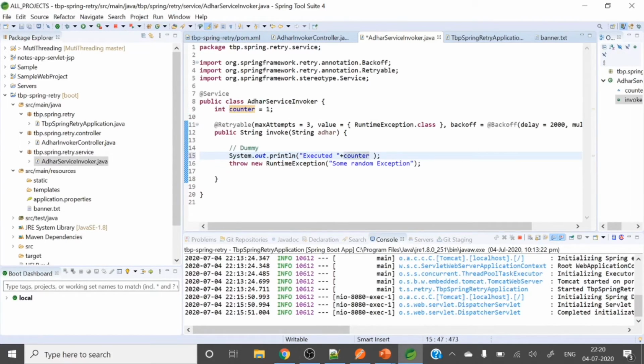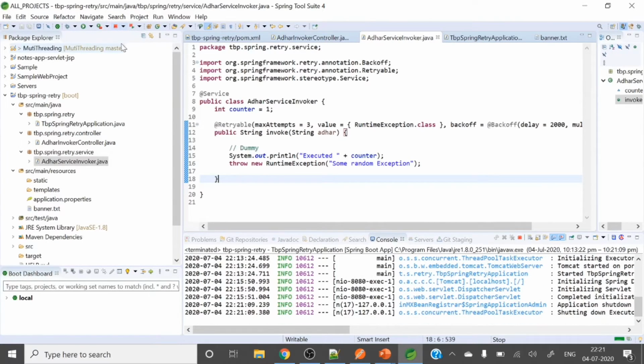So we'll check how many times it's calling, right? So let's compile this one. I have not included dev tools, that's why multiple times I need to start the server.